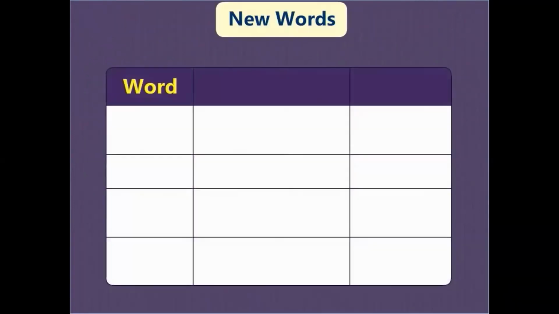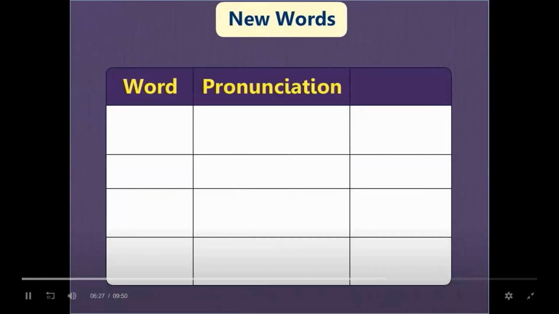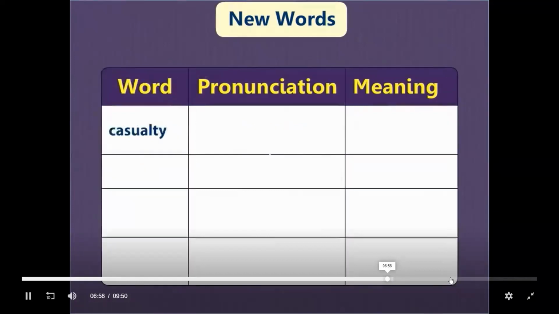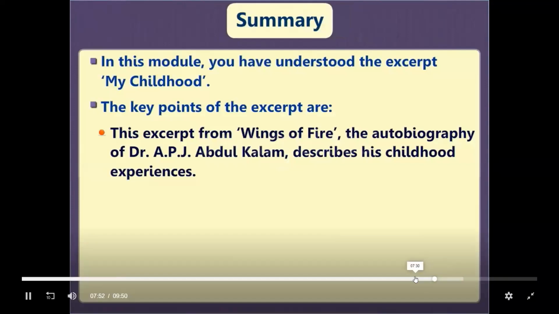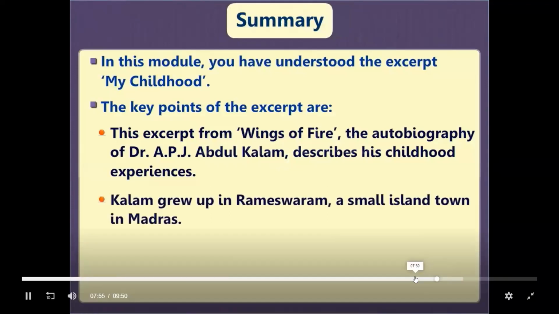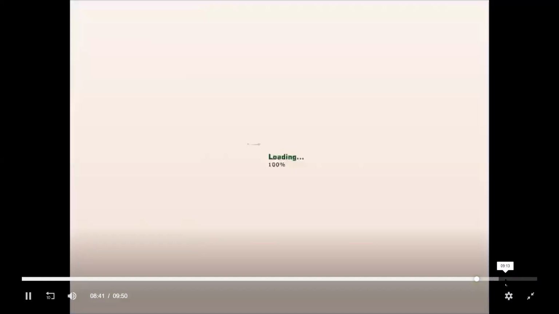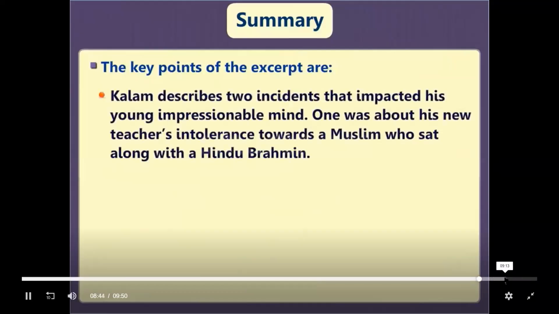Concept. Word, pronunciation, meaning. Erstwhile. Erstwhile. Former. Innate. Casual. Kalam describes his childhood experiences. Kalam grew up in Rameswaram, a small island town in Madras. His family led a simple life. Kalam describes two incidents that impacted his young, impressionable mind. One was about his